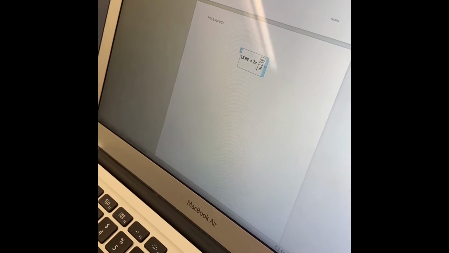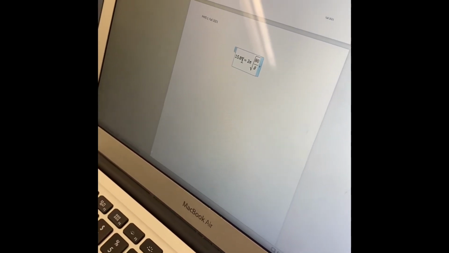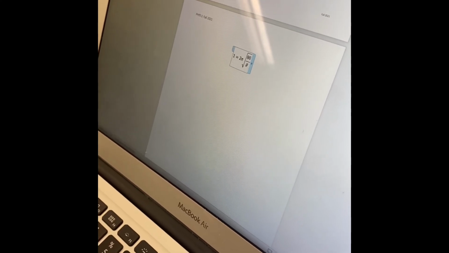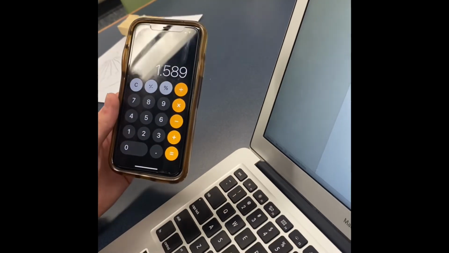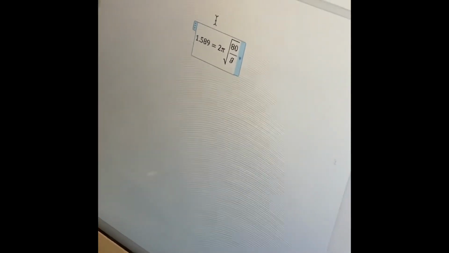Let's say it's 15.89, right? And 2 pi times the square root of 80 centimeters over the acceleration due to gravity. It wouldn't be 15.89. I'd want to divide it by 10 because I want to find one oscillation. So let's see, 15.89 divided by 10. That would be 1.589. Oh, of course, because you just move the decimal point. From there, we're saying our average time is 1.589 for one oscillation,